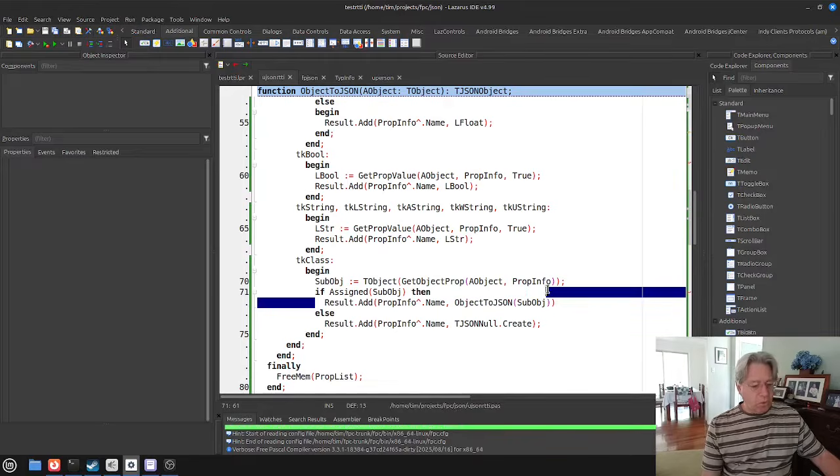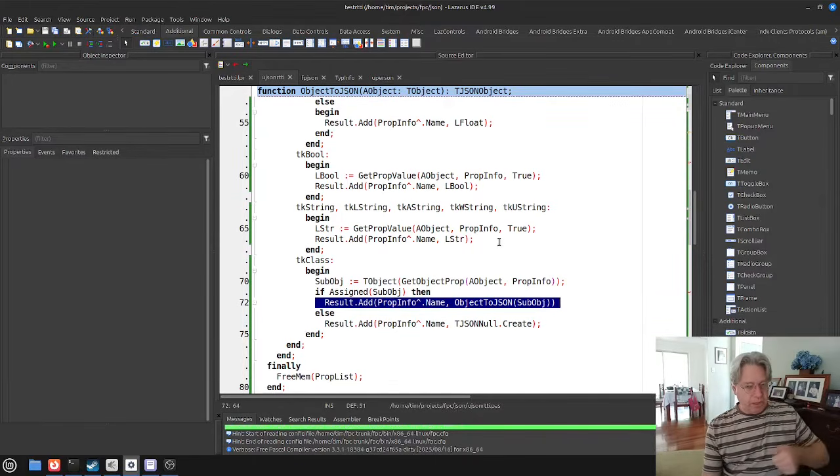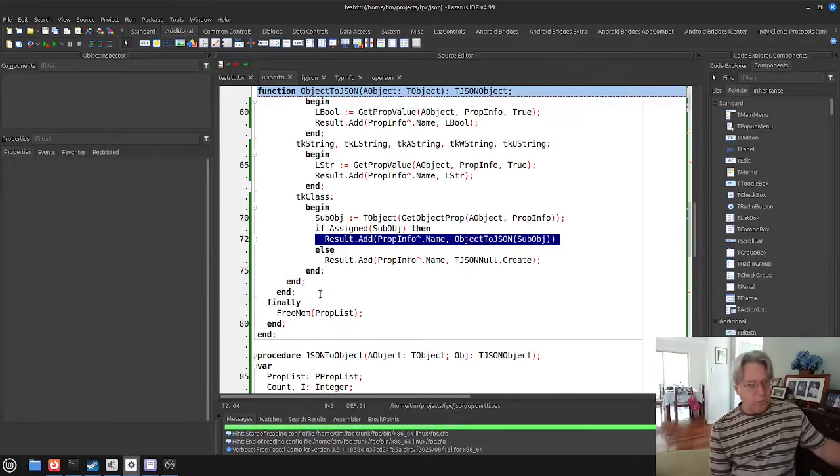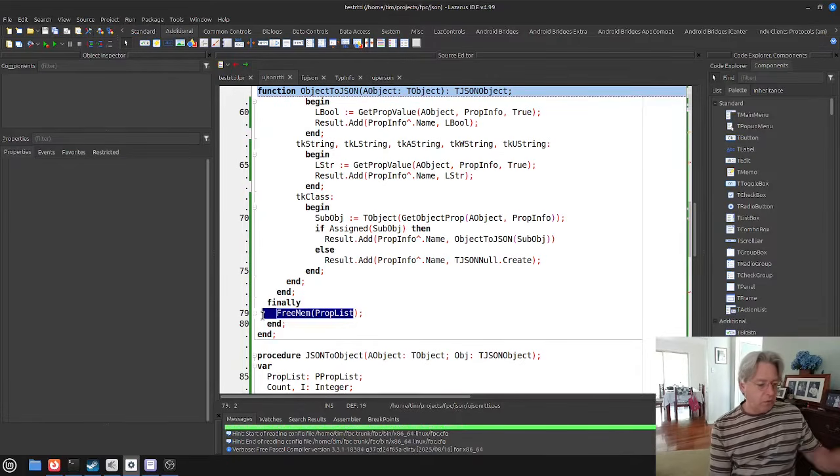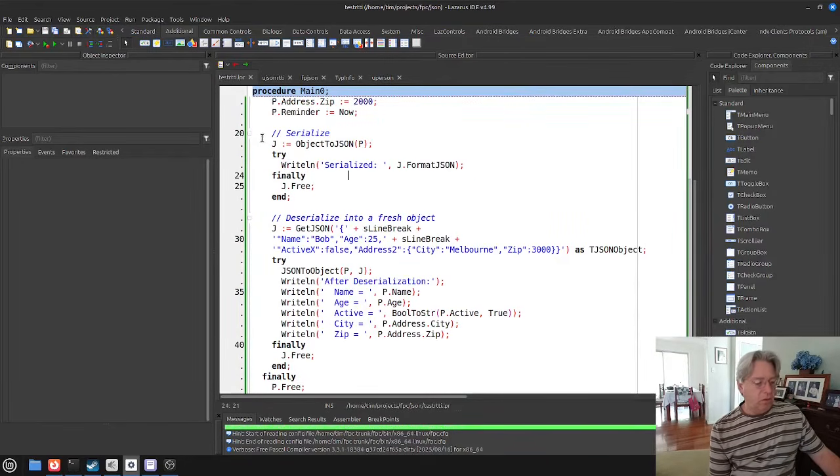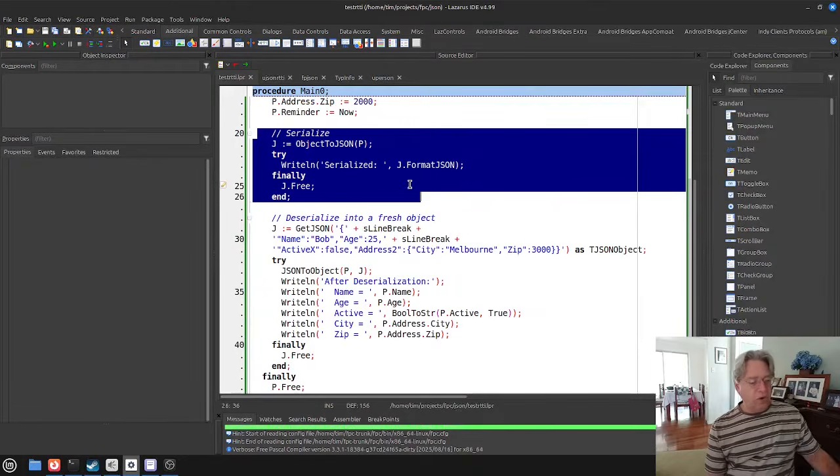This recursive call will iterate through that object, and we start streaming the properties of that class into our JSON stream as well. And once we've done that for the entire list of properties, we just clean up the memory that we used. So this function is basically what we've just described, the serialization process of going from